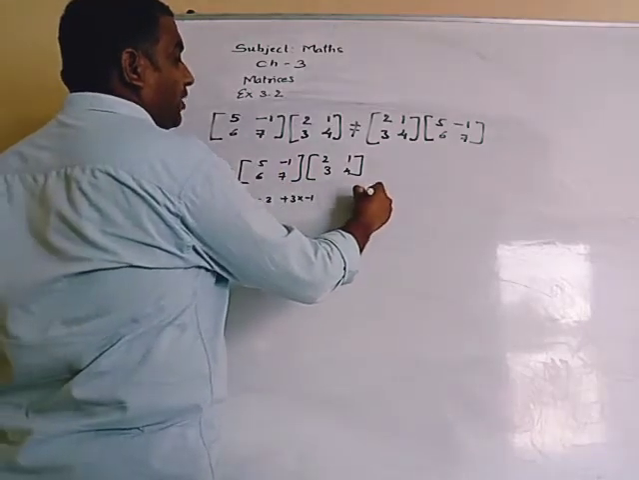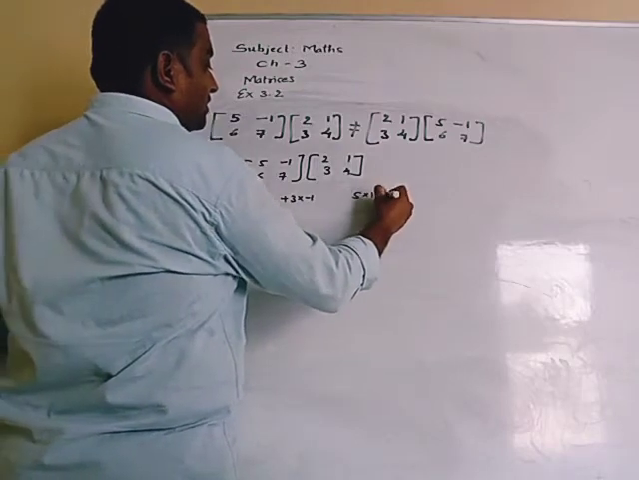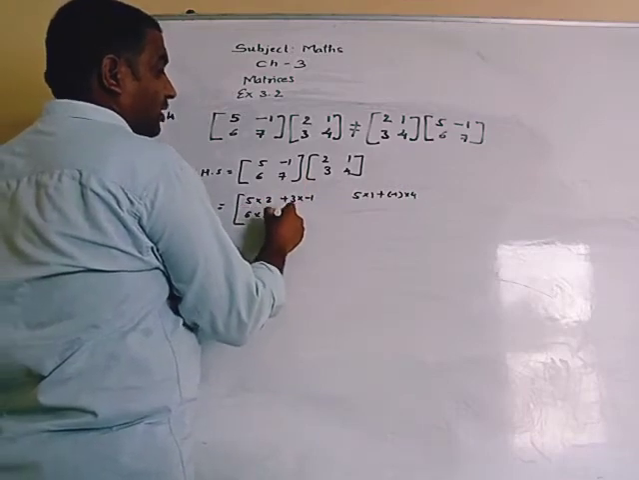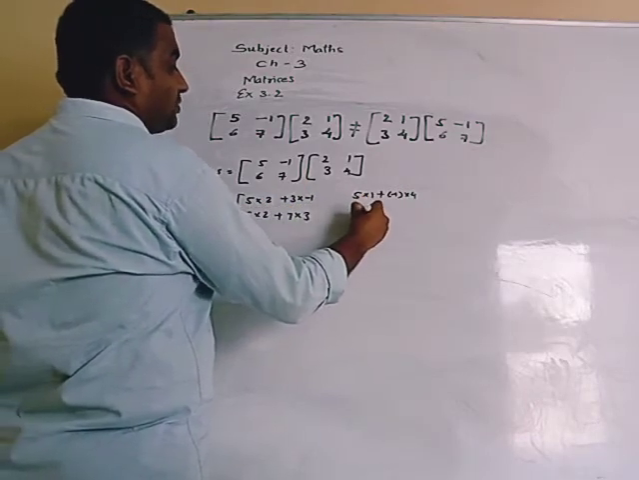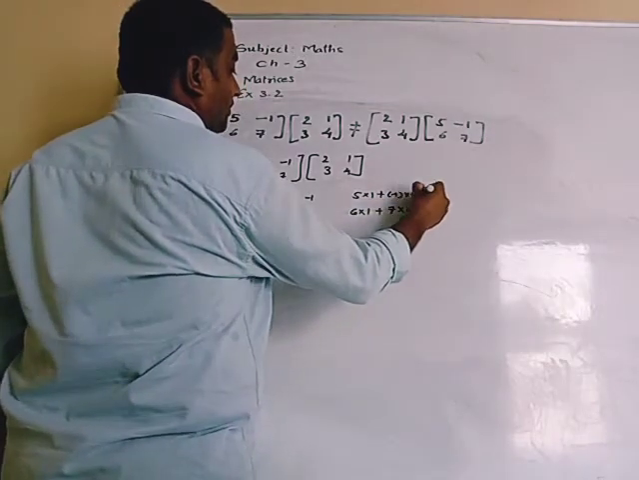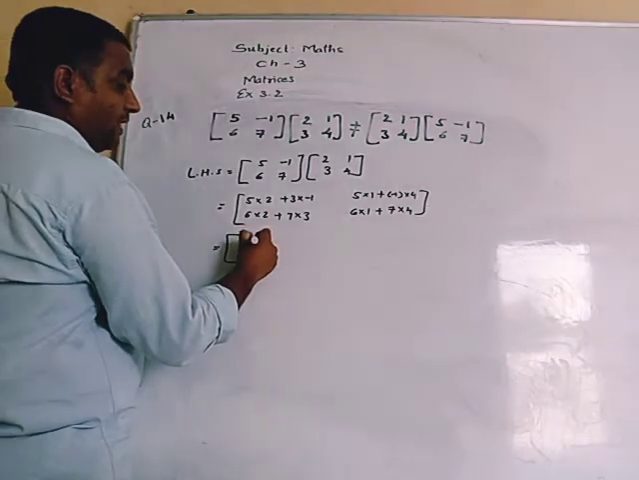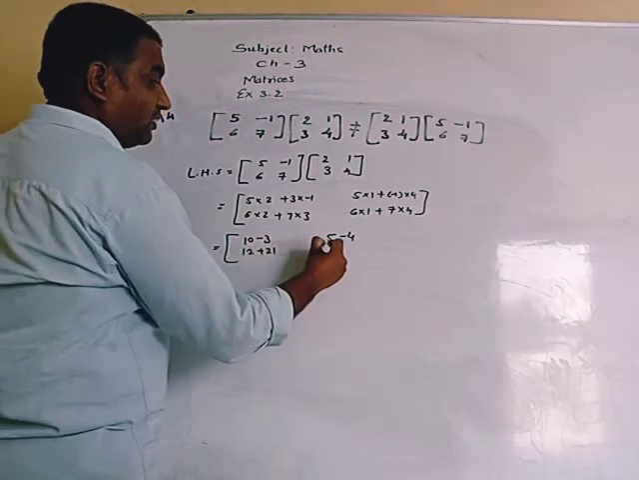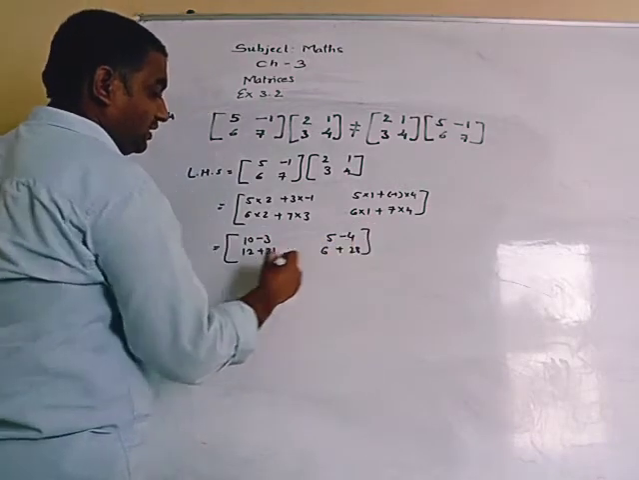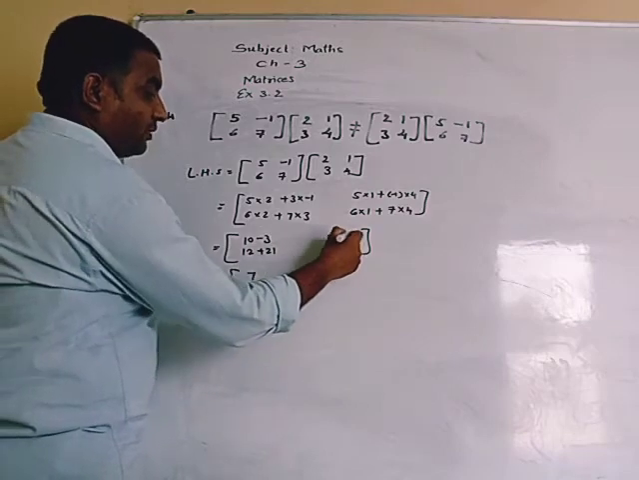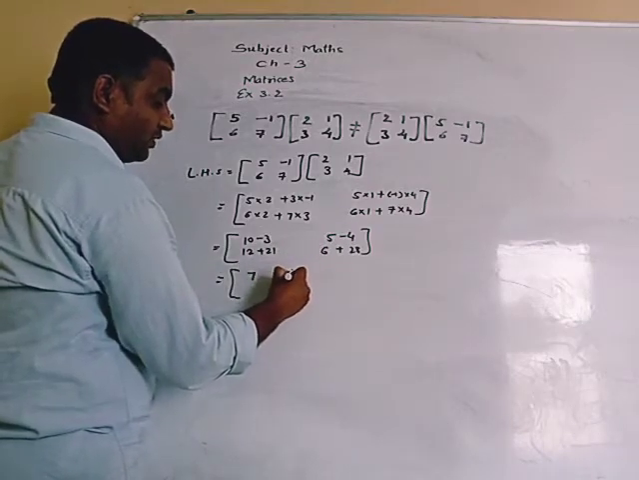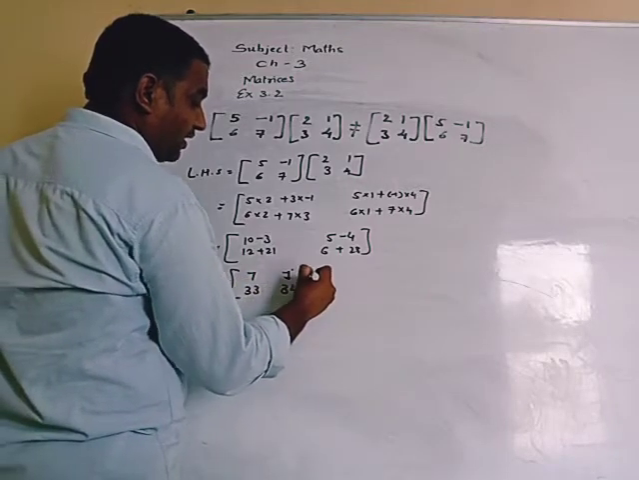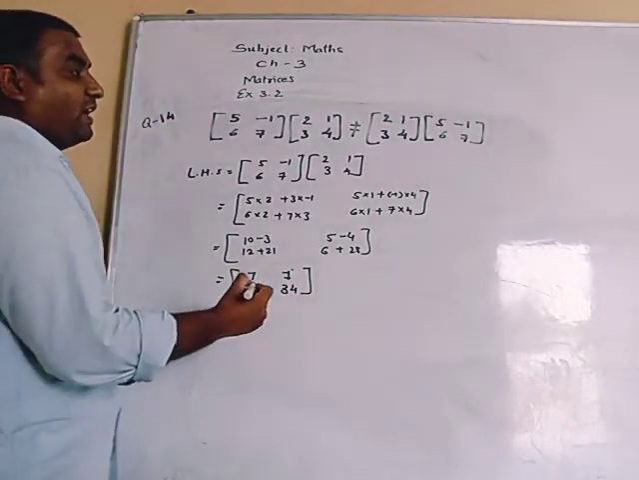Second element we will get 5 multiply 1 plus minus 1 multiply 4, 6 multiply 2 plus 7 multiply 3, and 6 multiply 1 plus 7 multiply 4. So here we get 10 minus 3, 5 minus 4, 12 plus 21, and 6 plus 28. So it will be 7, 1, 33, and 34 we are getting. Now the right hand side answer we get,